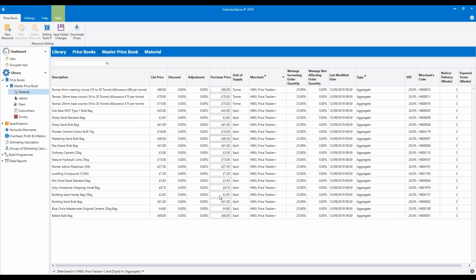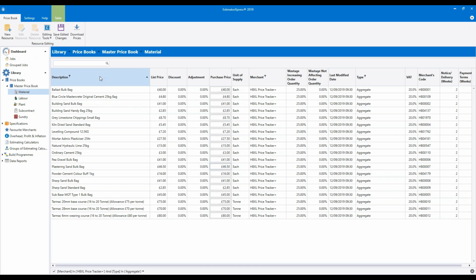So let's edit the price of a few things in here. Let's start with, if I can find it, the ballast bulk bag. I'm going to just click into the description column on the left hand side, and what that will do is order the materials alphabetically.